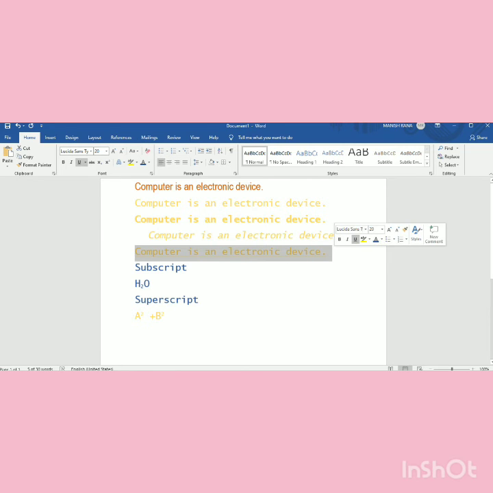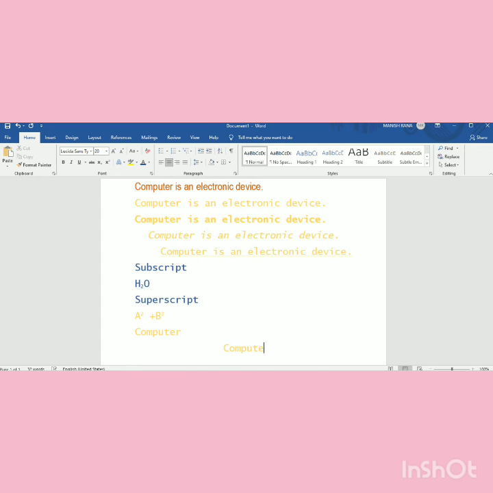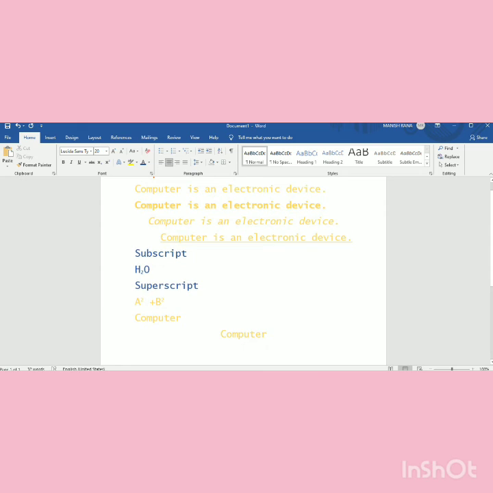When you click on the right side, the text will start typing on the right side. You can see when I write computer with the left alignment, it is on the left side. When I choose center, then it is writing from the center, and similarly when I select right alignment, it starts typing from the right side.